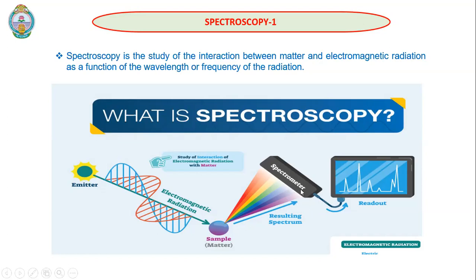Then accordingly, it will give the information about the sample in terms of a graph which will be displayed on a computer screen. So basically, the interaction of the sample with light will lead to characteristic changes in the molecule. That detector will detect and give the information to the computer screen in terms of a graph.